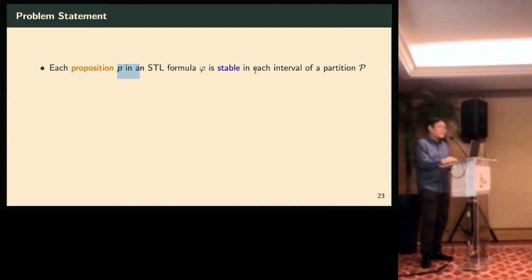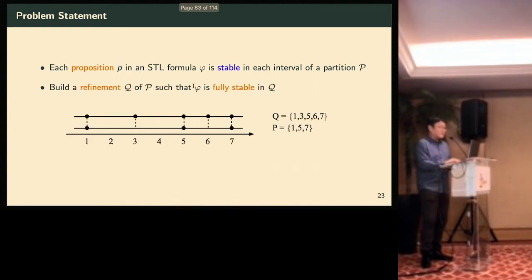So from this condition, we want to obtain some refinement of the partition. A refinement is a finer partition, typically having more endpoints. Here, Q is a refinement of P. So we want to build a refinement of the original partition P where phi is fully stable. Not only stable for this proposition, we want it stable for every subformula. And then the question is, of course,